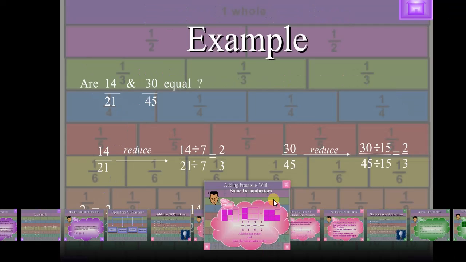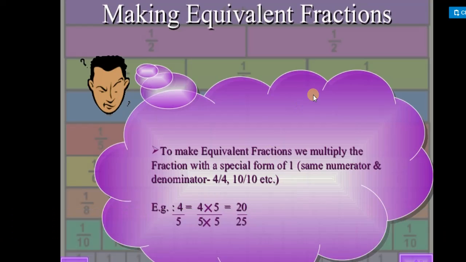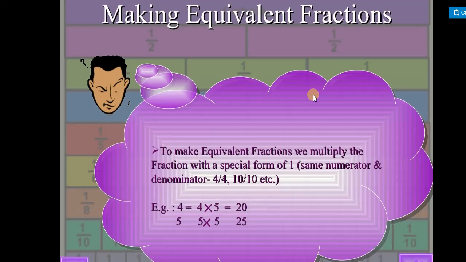Now moving forward to understand how we can make equivalent fractions that have the same worth. To make equivalent fractions, we multiply the fraction by a special form of a whole number. Okay, a whole number is multiplied with both the denominator and the numerator, but this number has to be the same. Okay, it has to be the same. You don't, for example, multiply the numerator by 2 and then multiply the denominator by another number. No,